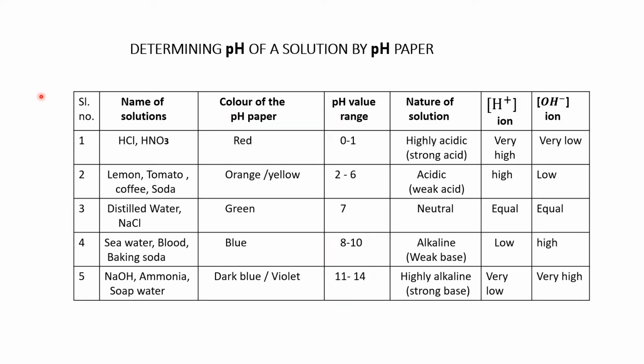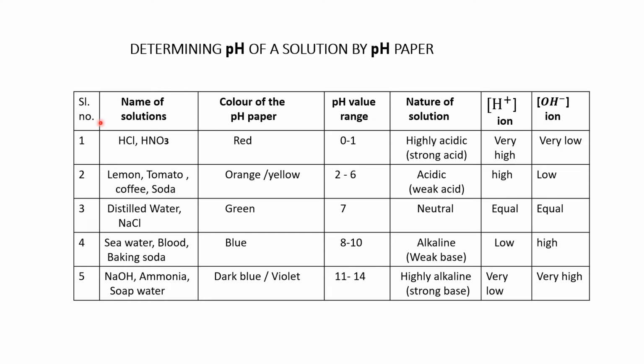Now let us see how to determine the pH of a solution by pH paper. Now the question arises, what is a pH paper? These pH papers are normal paper. They are produced by dipping paper inside universal indicator. Okay, so when this paper containing universal indicator is dried, it forms the paper that is known as pH paper. So you can say it is another form of universal indicator, or the dry form of universal indicator.